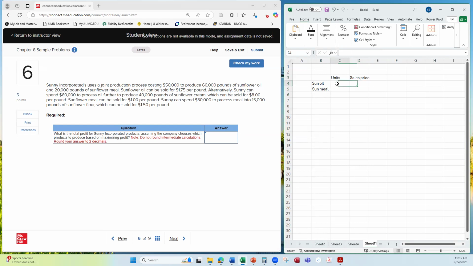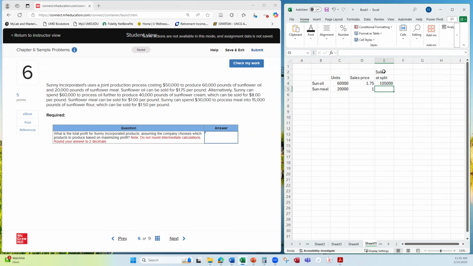So let's see. 60,000 pounds of sunflower oil and 20,000 pounds of sunflower meal. The oil can be sold for $1.75 a pound, and the sunflower meal can be sold for $1 a pound. Now, this is if we sell these as is. So the sales value would be